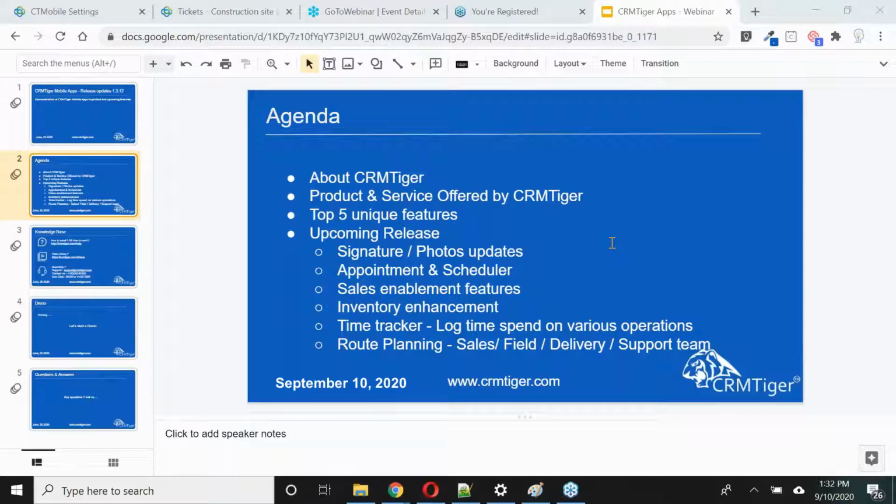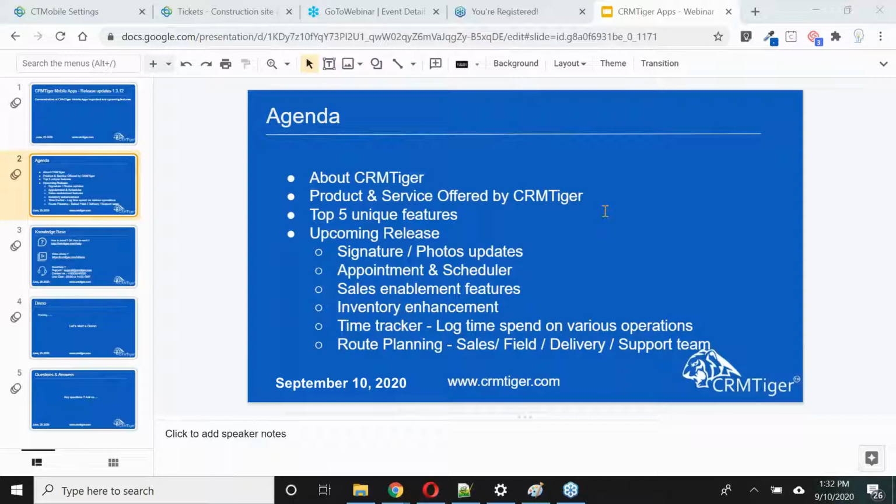This time we focused more on modification of our existing apps, as well as modifications and additions to the features, useful for field service staff, mainly like time tracking, then route planning, and capturing signatures for the sales team,